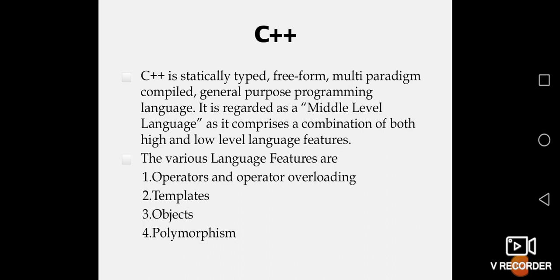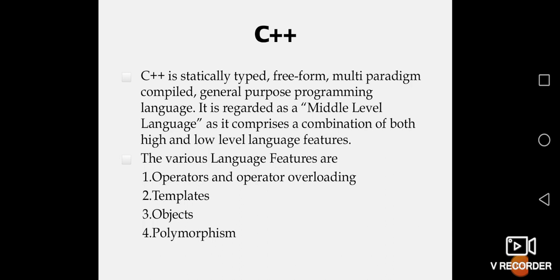Okay, what is an operator? Operator means some symbols. It could be addition like plus, subtraction minus, multiplication in a cross format, and division slash. That is what is called an operator, and it can be overloaded. That means more than one meaning can be used. And there is something called templates. What is a template? Imagine we are using some function in a class, and the code would otherwise be rewritten for each one.